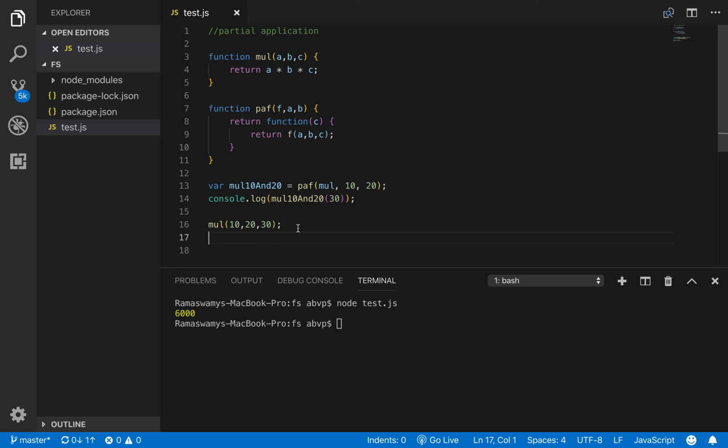We are not seeing the result because we need to do a console.log. So let us do a copy paste here to have a direct call as well. So if we do this, we get 6000, which is correct.